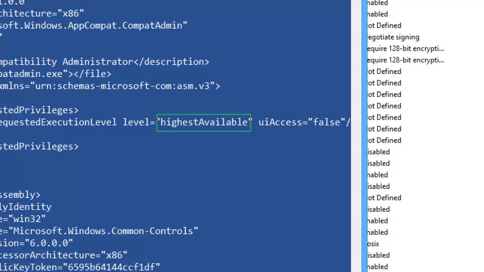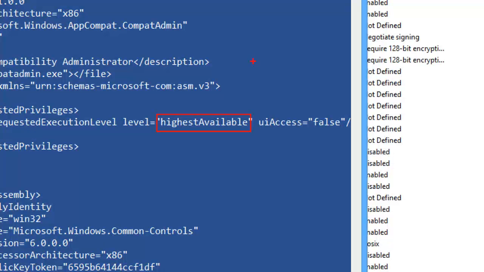Highest available is the weird one. I have three choices. Run as invoker: whoever I am is fine, just stay there, don't elevate if I have not elevated before. Run as admin is, if you're not an admin, ask to become one every time. That will guarantee you see a prompt. This is the halfway one, which is run highest available. That means if you have a split token, you have two of them, and you are not using the most powerful one, then elevate to use it. So admins will see a prompt, standard users will not. Which is really confusing if you use both types of accounts. I don't really like using this one, but you can put that in.